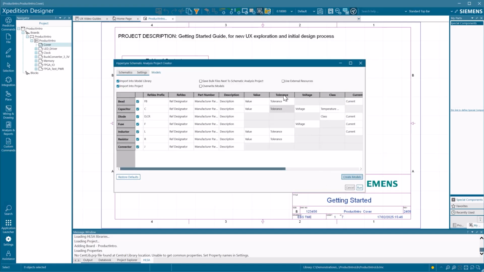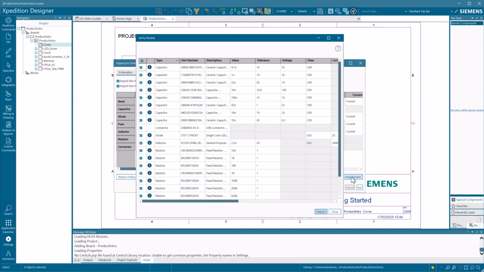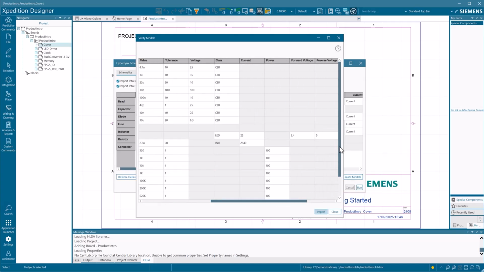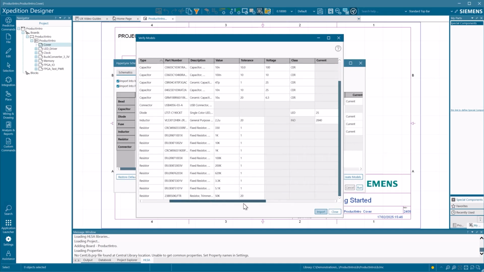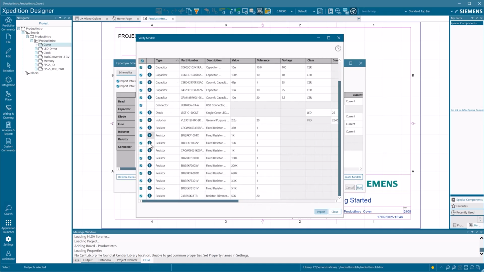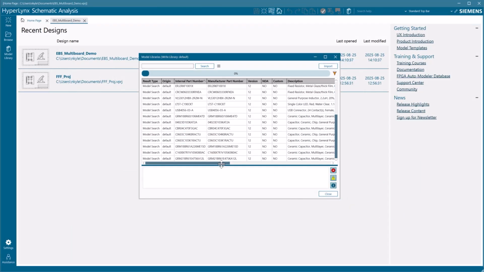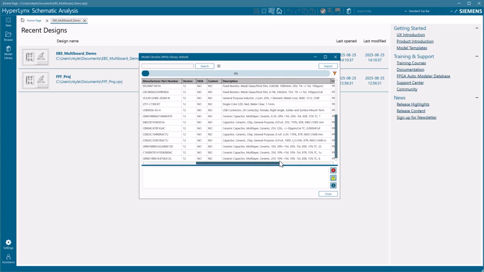Cancel the Import Model operation, return to the Models tab, and enable Use External Resources. Choose Create Models again, and note that many, if not all, missing model properties are populated, and all of those models can be created without issue. You will note in the model library that Project Creator was a source for the models. No longer do you have to manage missing data when it comes to creating connector and 2-pin passive models.